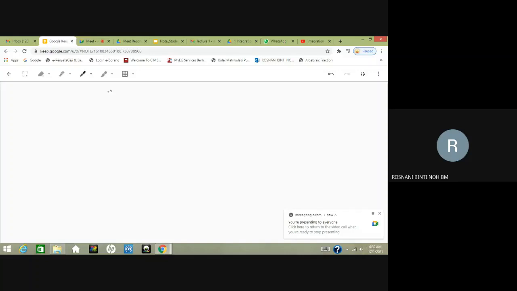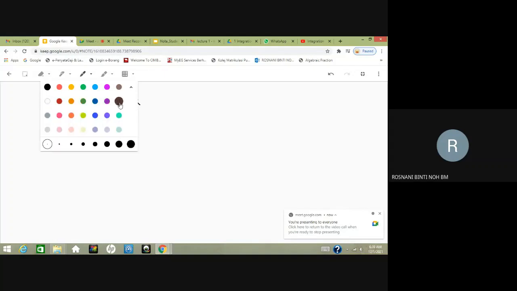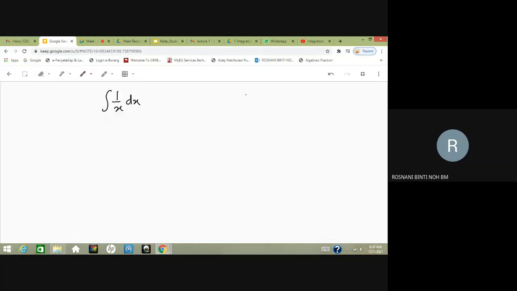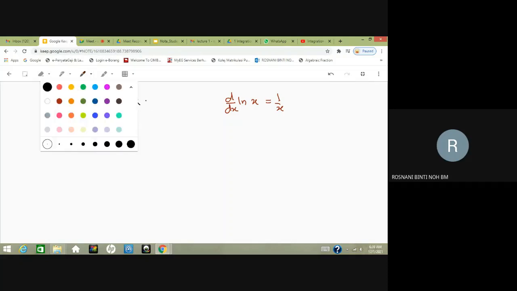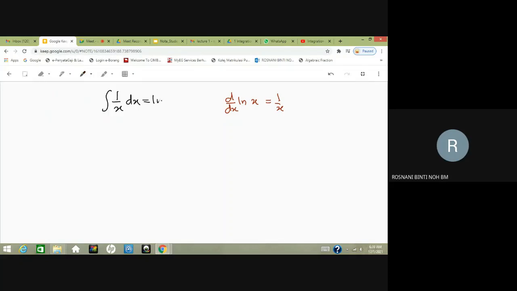Integration of 1 over x dx. Alright, so let's go back to the differentiation. When we differentiate ln x, the answer is 1 over x. So when we integrate 1 over x dx, the answer will be ln x